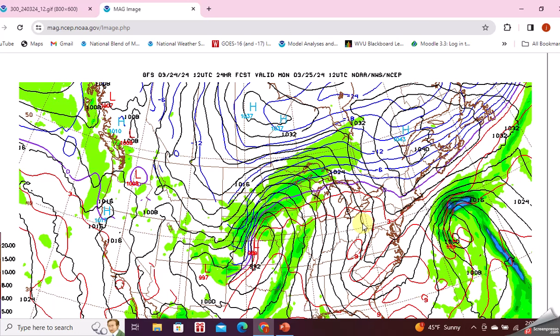Along the East Coast, that very continental polar air mass, northeast winds coming in. What are you going to get? You're going to get cold air advection into this area. So we have cold air coming in on the east side of the Appalachians. So this is how these patterns work and evolve with time.